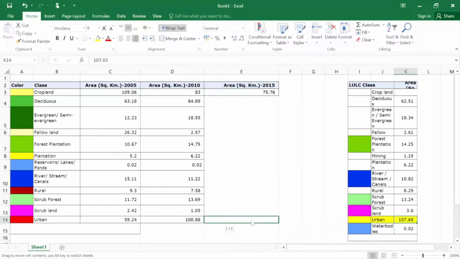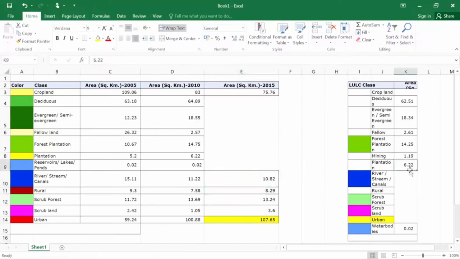So if you can see here, this is 107. Now this scrubland, so let us take this class also, scrubland, scrub forest also. So each and every class we can take here, rural land, then we can analyze it parallelly, streams and rivers. So there are some errors also into it.